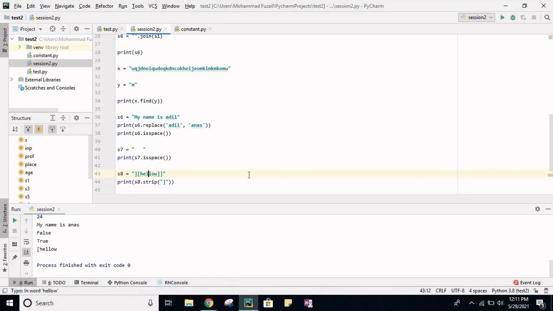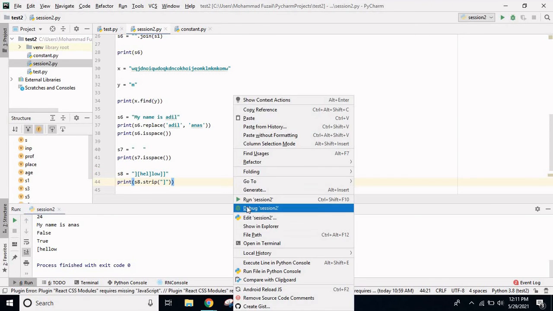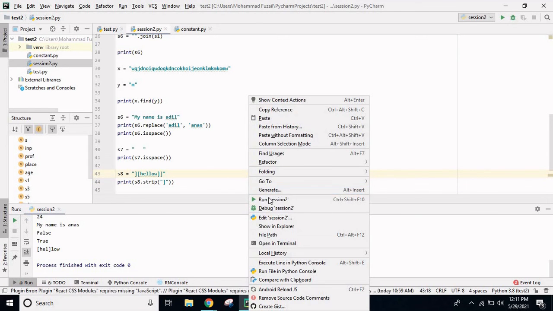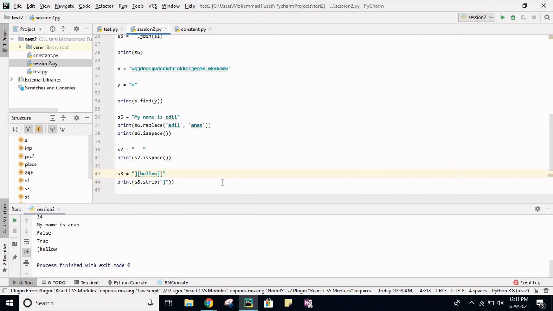But if I pass it in between, see, it hasn't removed this, because it only strips from the left and right of the string. Okay, got it? Clear? Yes, sir. Any doubt? Fine then.